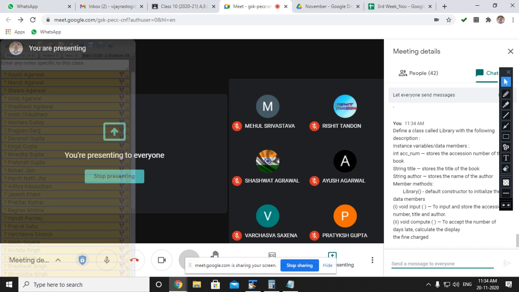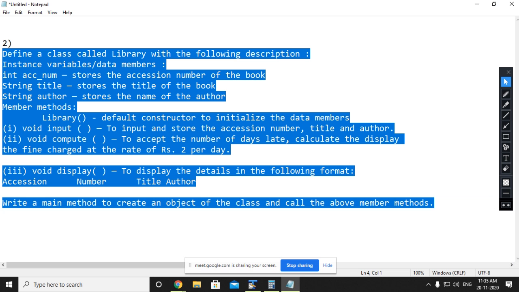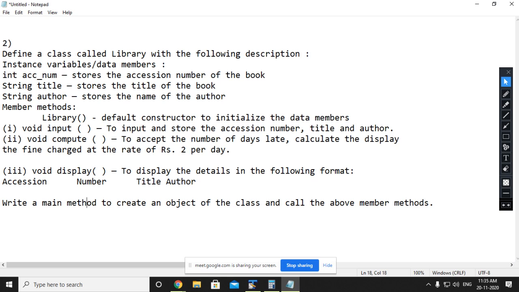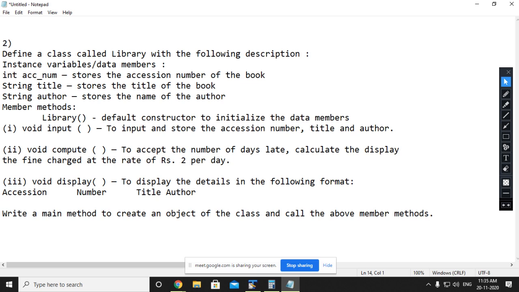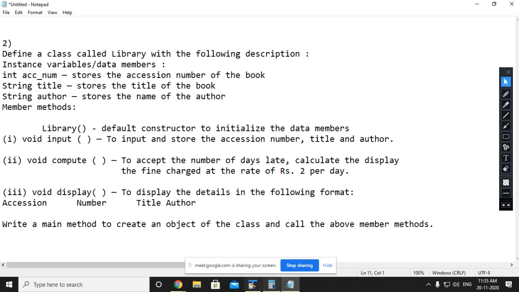It is not fitting, okay? So the whole program is there on your computer screen. Please go through the question only. Read the question carefully. Very easy program. Are you getting this question, everyone?